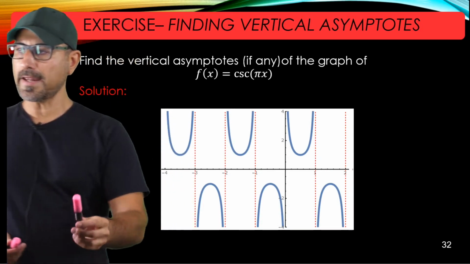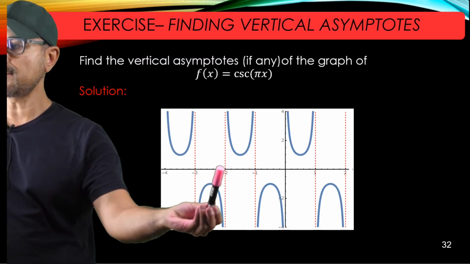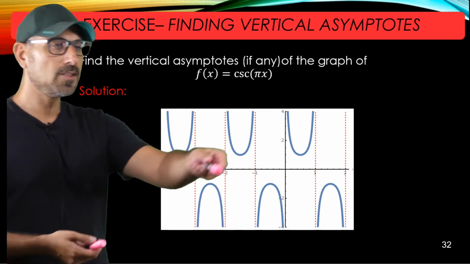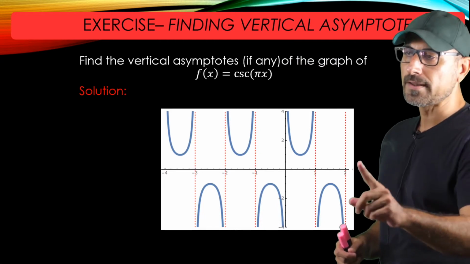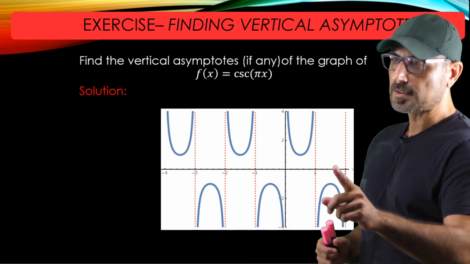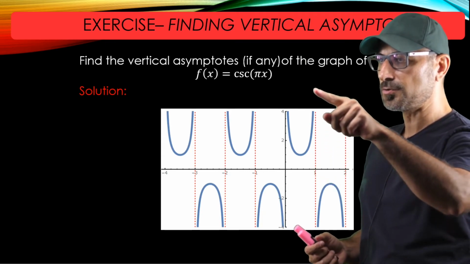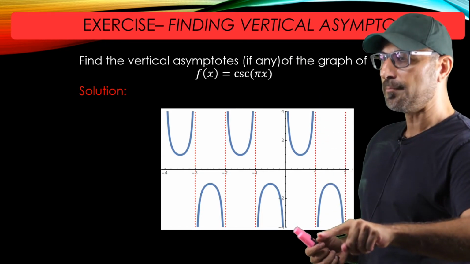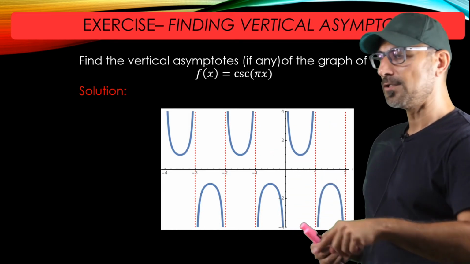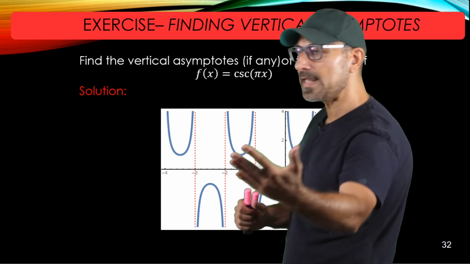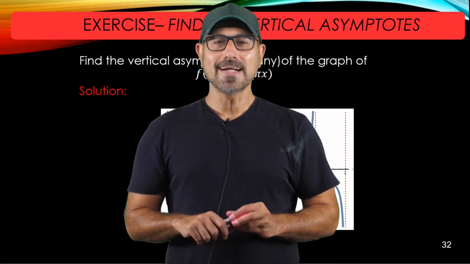As you see, at every integer, like -4, -3, -2, -1, and 0, 1, and 2, you have a vertical asymptote. If you look at the sides of the vertical asymptotes, for example at x equals 1, the function goes to infinity on the left and minus infinity on the right. And for this one, infinity on the right and minus infinity on the left. You can actually see individual behaviors around the vertical asymptotes.